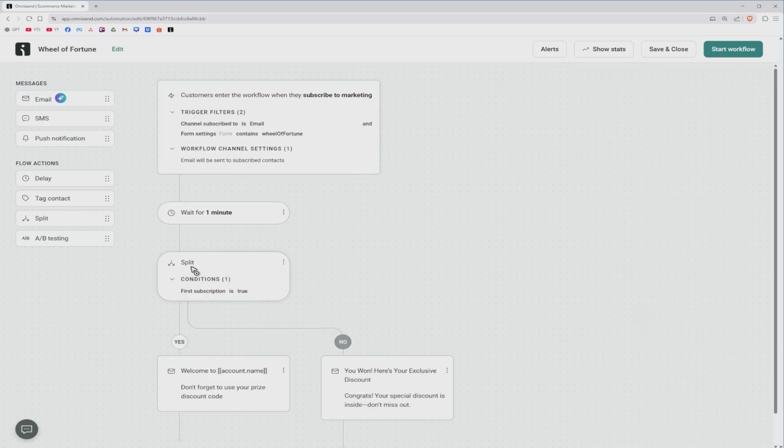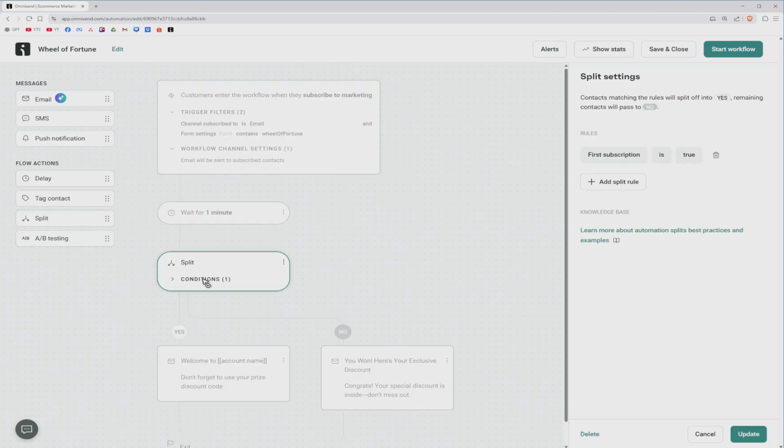And in here, as you can see, we have split conditions. If you don't know how to get a split, you have that in here. Drag and drop, and just click on it. As you can see here, the rule of this specific split is first subscription is true. If this is the first time the customer subscribed to your specific form,